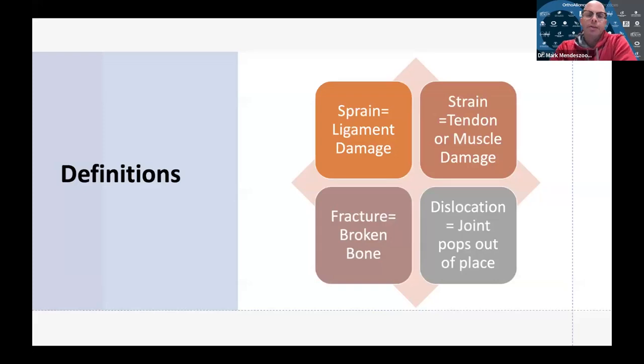And I want to talk about some basic definitions because I think there's a disconnect when people have an injury and they go to the emergency room. And I want to explain what a sprain is. A sprain is when you damage ligaments. Ligaments are ropes that keep our skeleton together, and they only have so much ability to stretch out. And when there's a violent force applied, the ligaments can start stretching out or tearing. So if someone just tells you that, hey, it's just a sprain and you'll be fine, you definitely want to have a specialist look at you because sprains can lead to severe arthritis down the road.